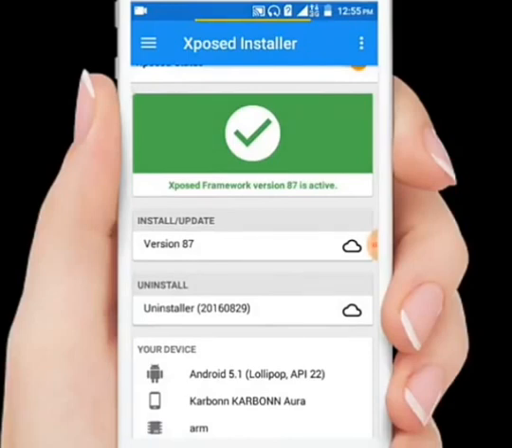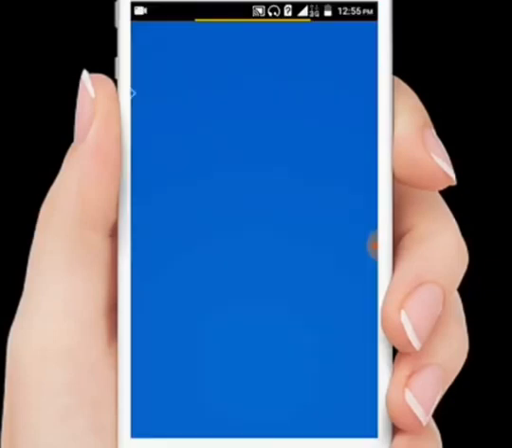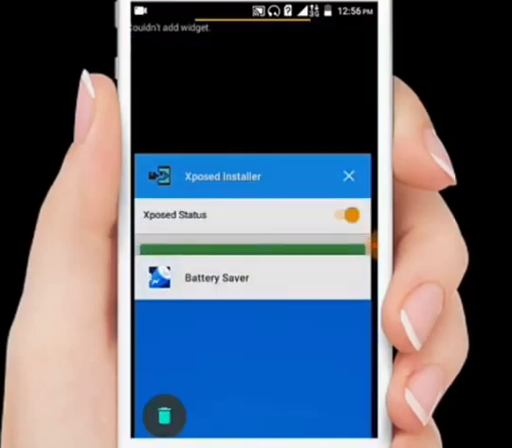After you install this Exposed installer, it will say it is not activated on your Android device. Because I have activated it, if I uninstall this one, meaning deactivate it, then it will take half an hour, and when I install again it will again take half an hour guys. So totally it's a waste of time.